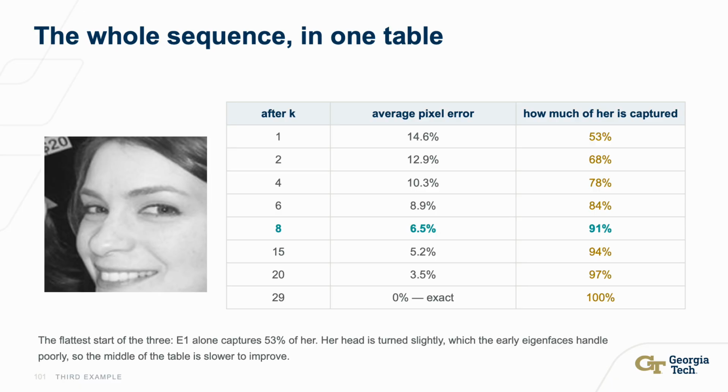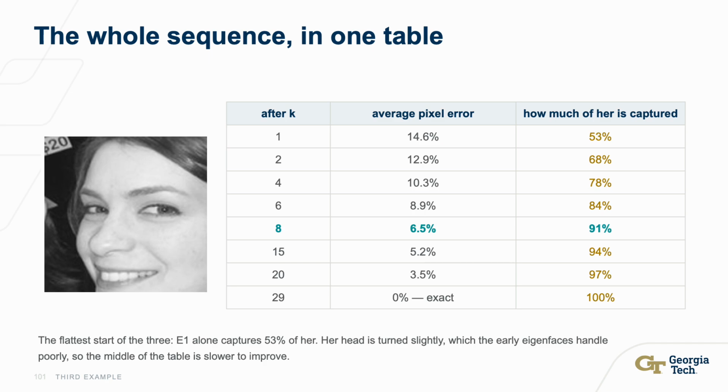Where exactly the knee falls depends on that person, which is the practical lesson from running 3 examples rather than 1. The average behavior is reliable. The behavior of any single case is not, and the thing that predicts it is how typical that case is of the set the